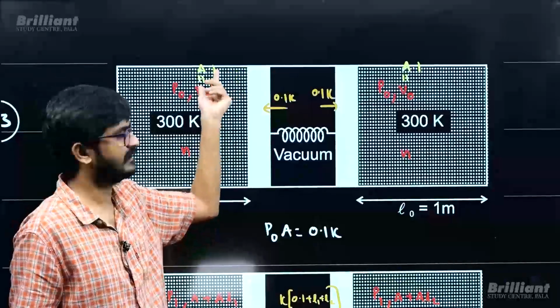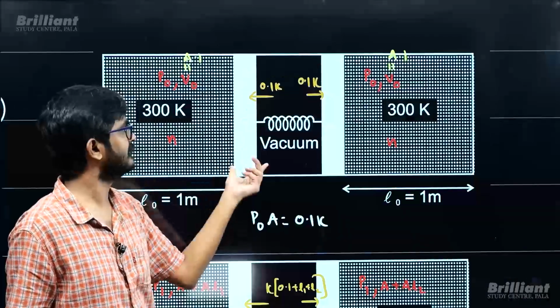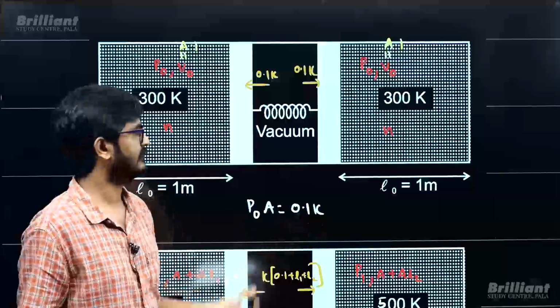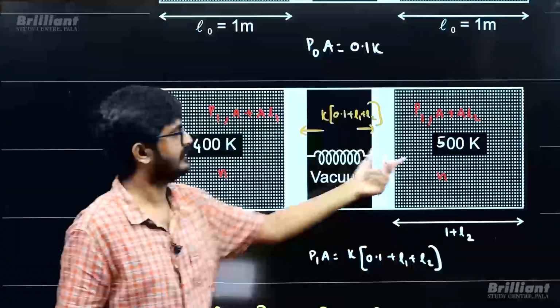So, area I am going to take as A for easy understanding. So, what is the volume? Volume is A into l. So, what I can say, this piston is in equilibrium, so this pressure into this area equals this force, that I can write. Now, in the later moment, I am hitting this, I am assuming